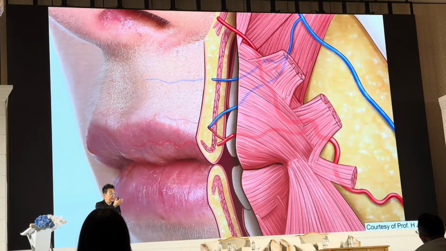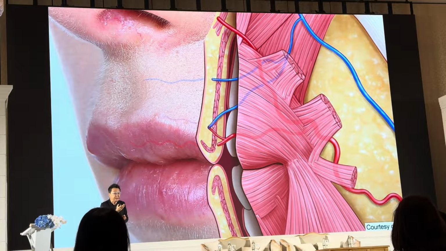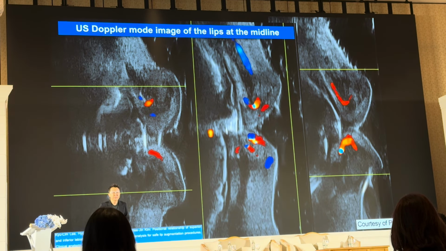As you can see, the facial vein is located in the superficial upper lip and the superior labial artery runs in a deeper plane, and they communicate in an anastomotic pattern. So when injecting the superior labial artery, the product can move through into the vein structures. Or when you inject the vein areas, it can also drain into the arterial structures. Nobody knows that. This is the lip structure. Especially at the lower lip, the midline should be avoided during procedures because there are so many variations in terms